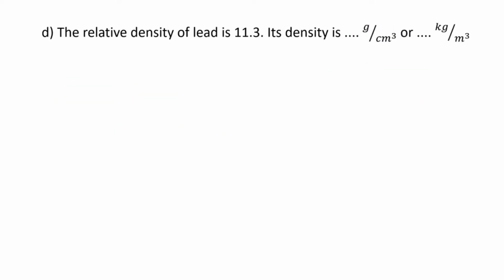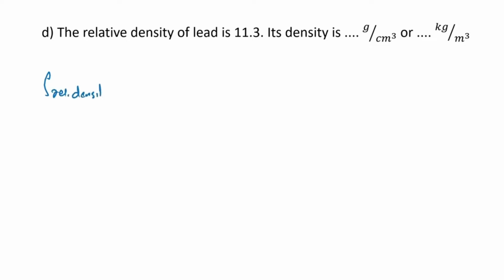Moving on to the next question, we have the relative density of lead is 11.3. Find its density in gram per centimeter cube as well as kg per meter cube. So here we have been given the relative density of lead, that is 11.3, and we will have to find out its density in gram per centimeter cube and kg per meter cube. So relative density is always relative to a certain substance, but here it is not given,